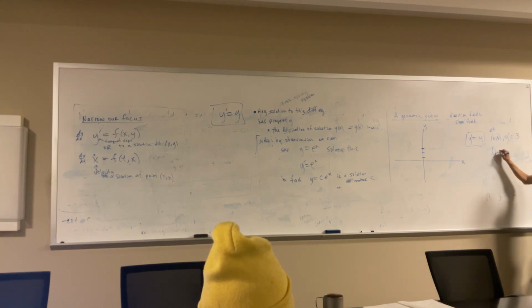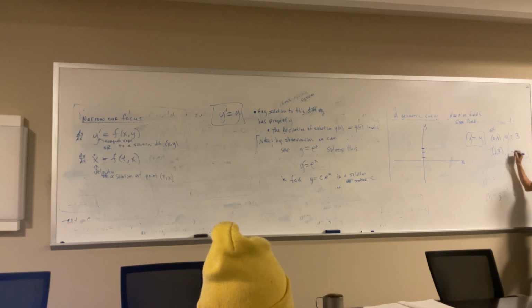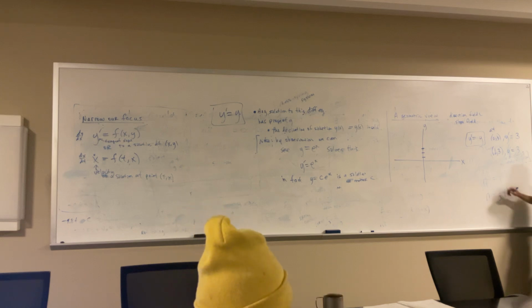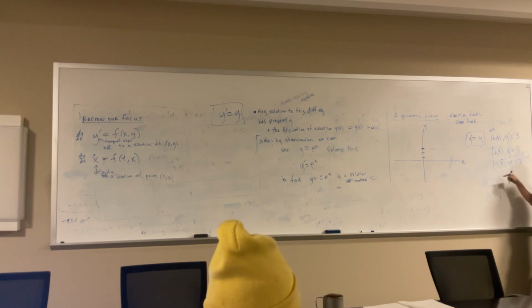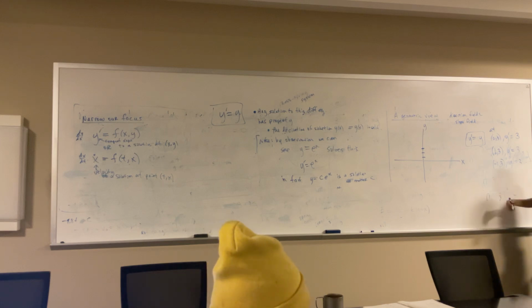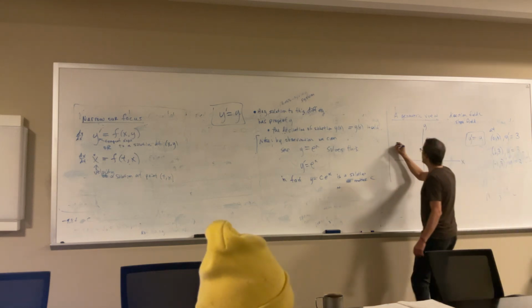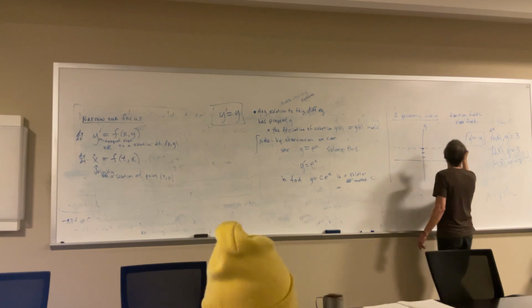What is the slope of any solution that goes through the point 1, 3? 3. What's the y coordinate? Still 3, not changing. Let's do another one. How about that point? So it doesn't really matter what x is. If y equals 3, the slope is 3. So all along the line y equals 3,